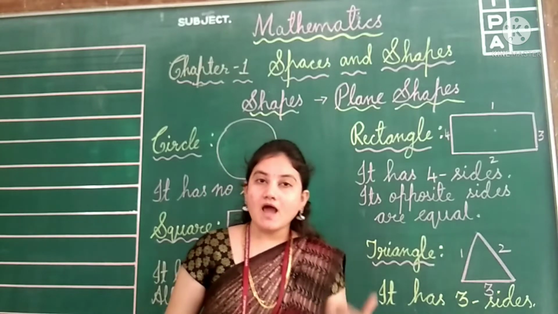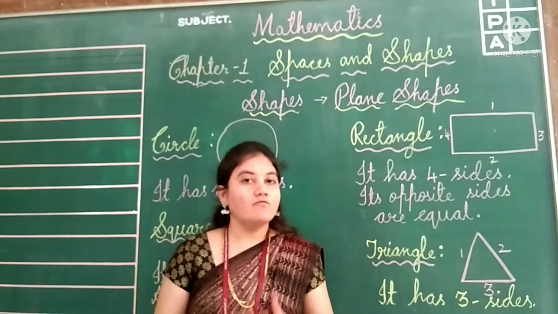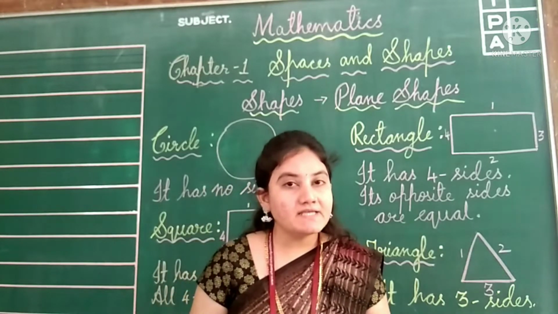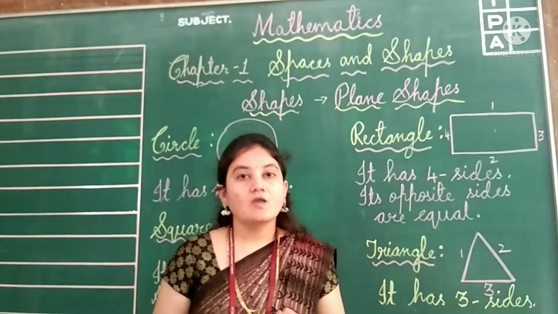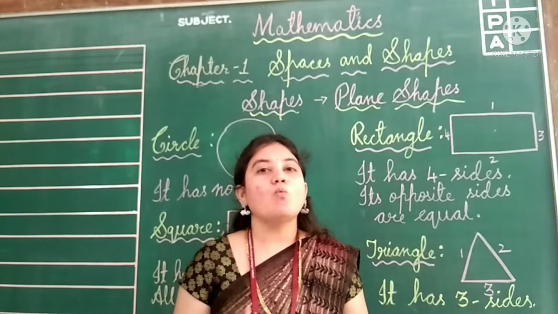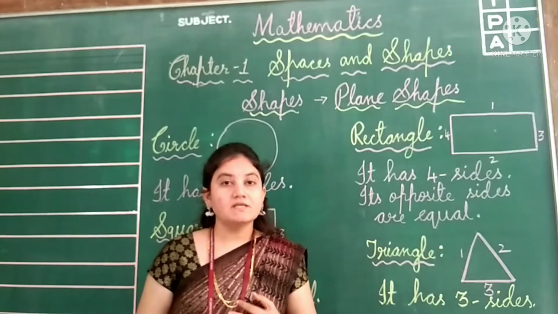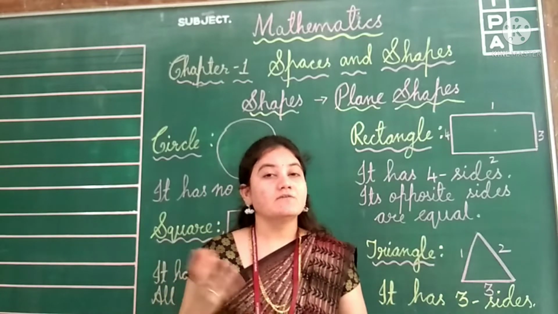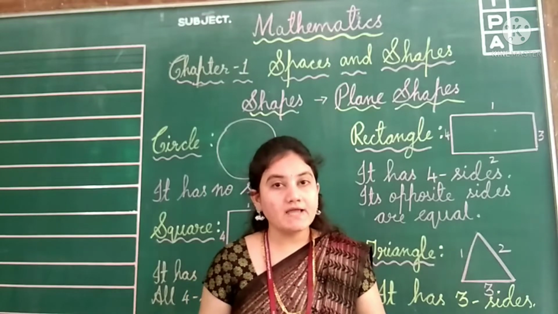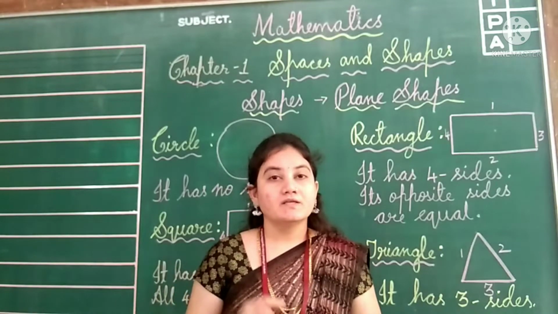Can you tell me in the last video what we have discussed, children? Yes, in our last video, we have started chapter 1, isn't it? The chapter name is Spaces and Shapes. Already we have discussed spaces, isn't it, children? In spaces, can you tell me what all we have learnt? Yes, we have learnt bigger, smaller objects, biggest, smallest, nearest, furthest, nearer, further, on, under, inside, outside objects, isn't it, children? I think you might have watched our last video, spaces.